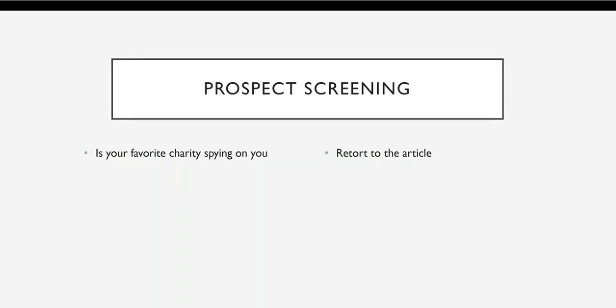Because this is actually something that's very important. And you can say, oh, well, Facebook is public for everyone to see. Well, so is all the information that's provided in prospect screening software. It's simply public information. And if you Googled an individual enough, you would be able to find that same information.